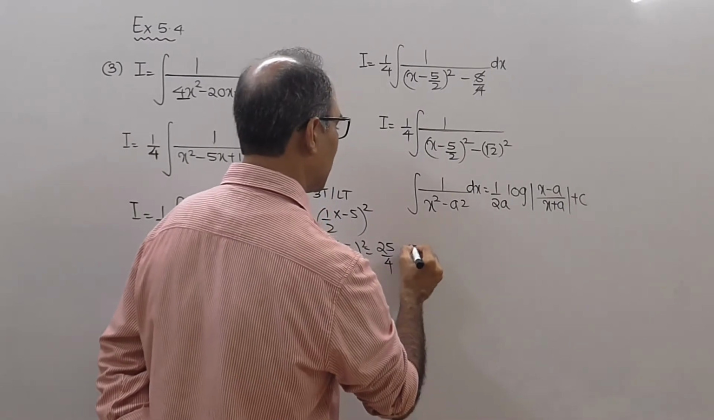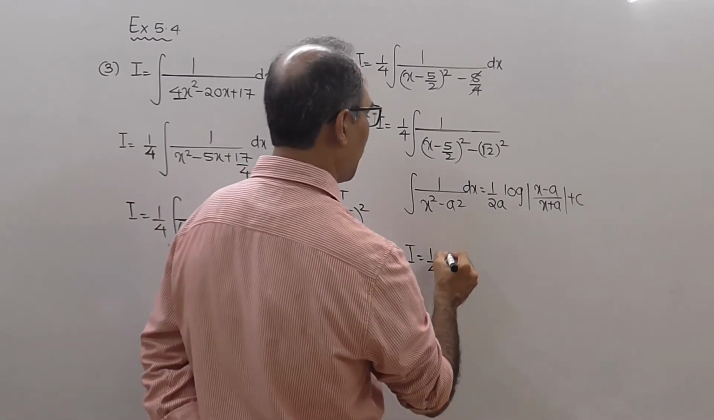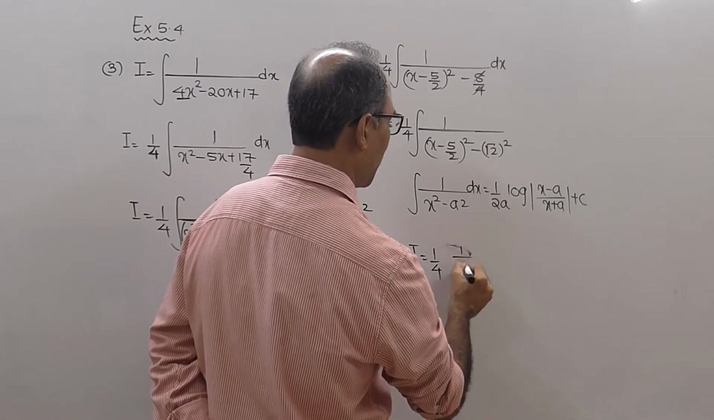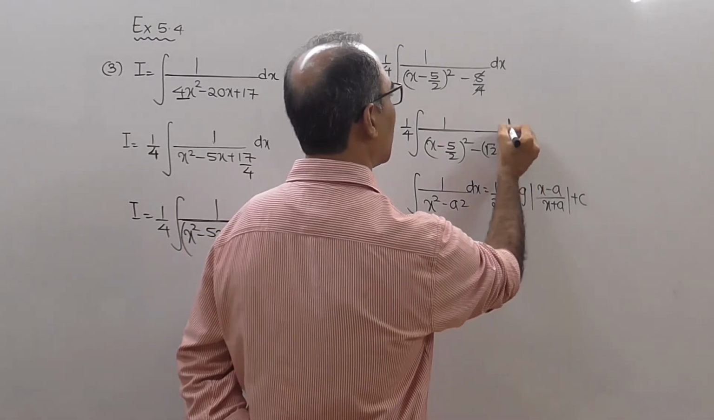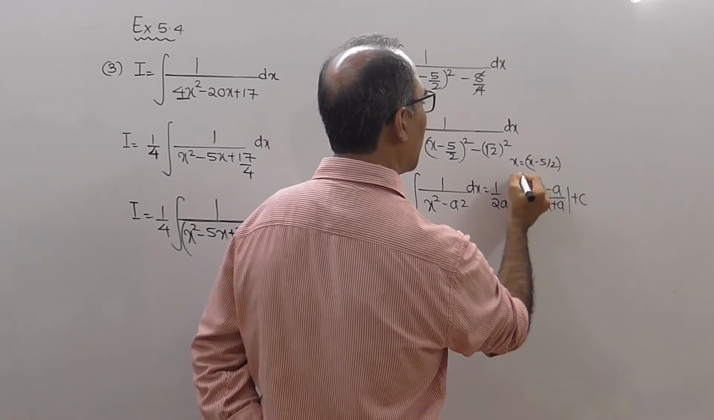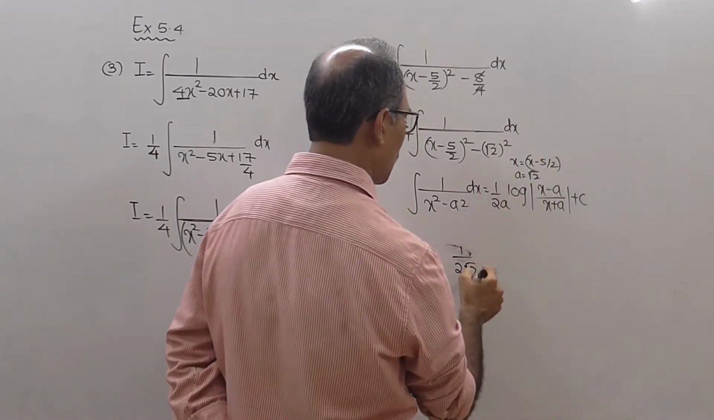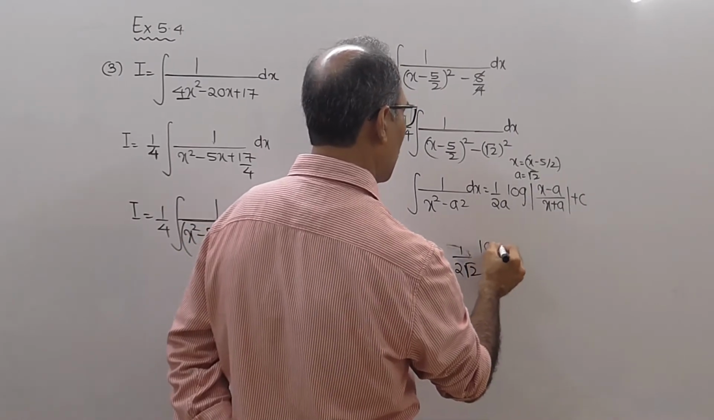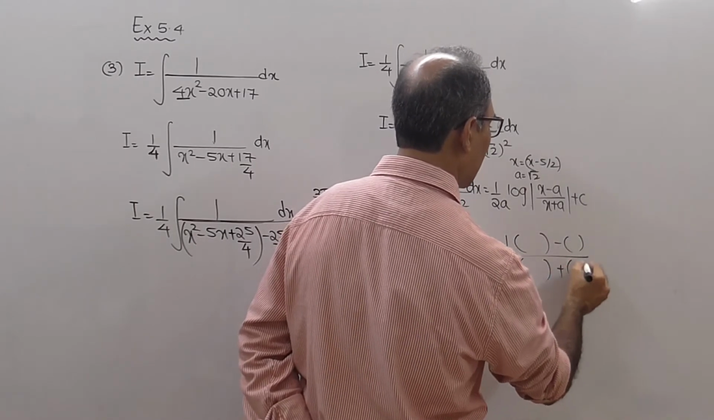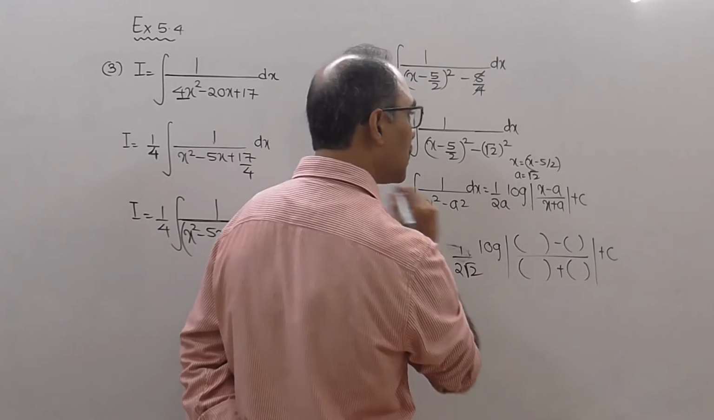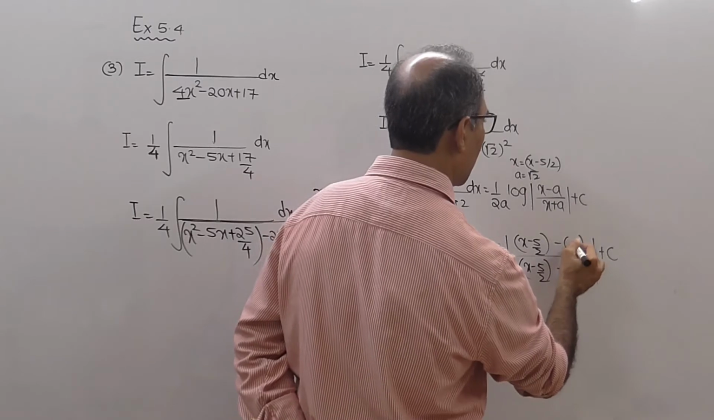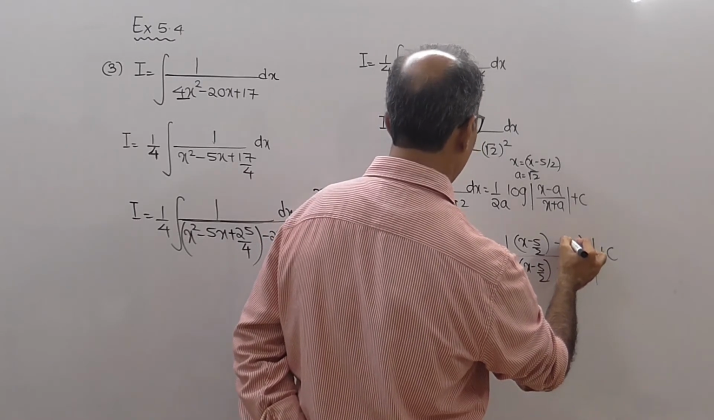So I equal to 1 upon 4, sorry, 1 upon 2a, 1 upon 2 is 1 upon, see your x is x minus 5 by 2 and your a is root 2. So 1 upon 2a log modulus (x minus a) upon (x plus a) and plus c. What is x? X is not x. X is x minus 5 by 2 and I think this a will be root 2,